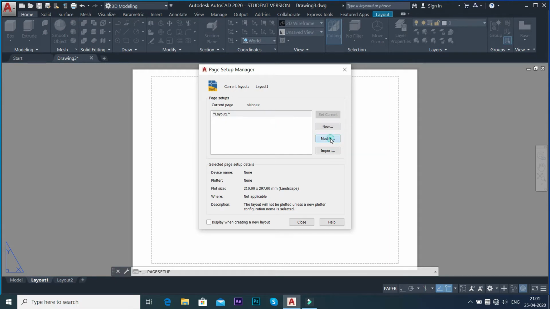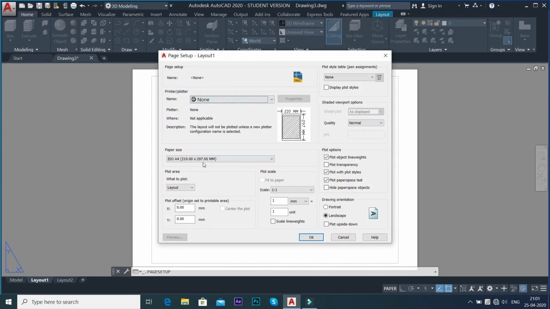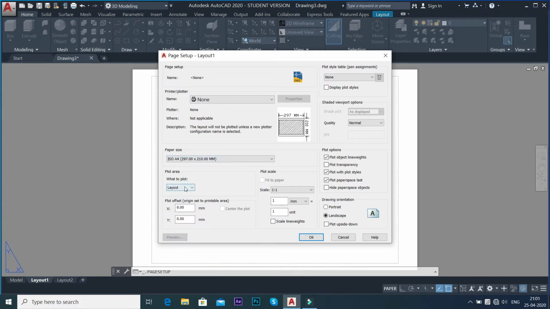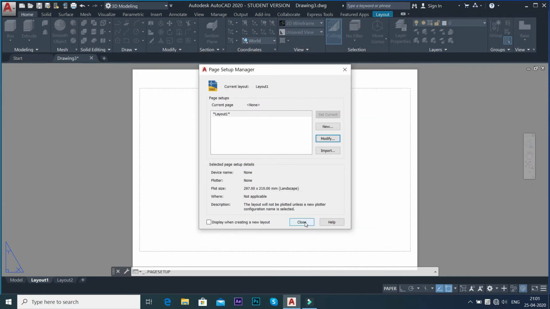I will select this modify option and change my paper size to A4 landscape view, that is 297 by 210 millimeter, ISO A4 landscape. So I am clicking on this and everything will remain the same. The scale will be 1:1 and let this be in monochrome because I am printing it in black and white. So it's in landscape. Click on OK, then click on close.